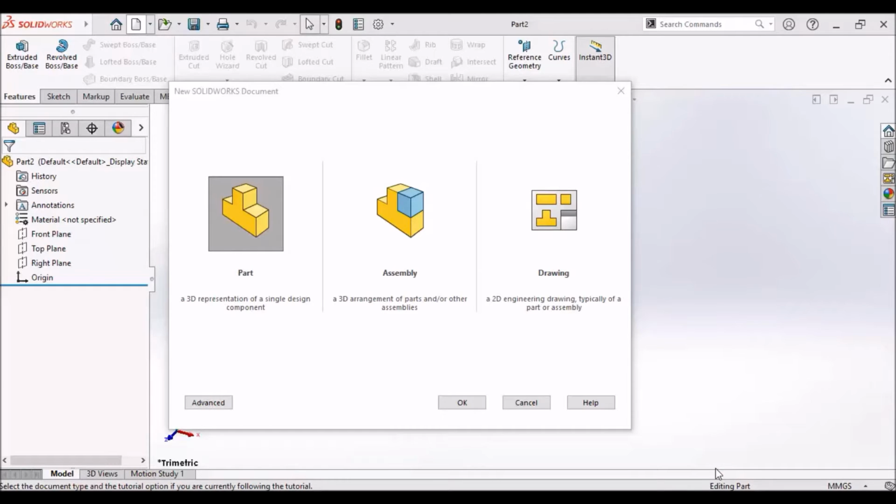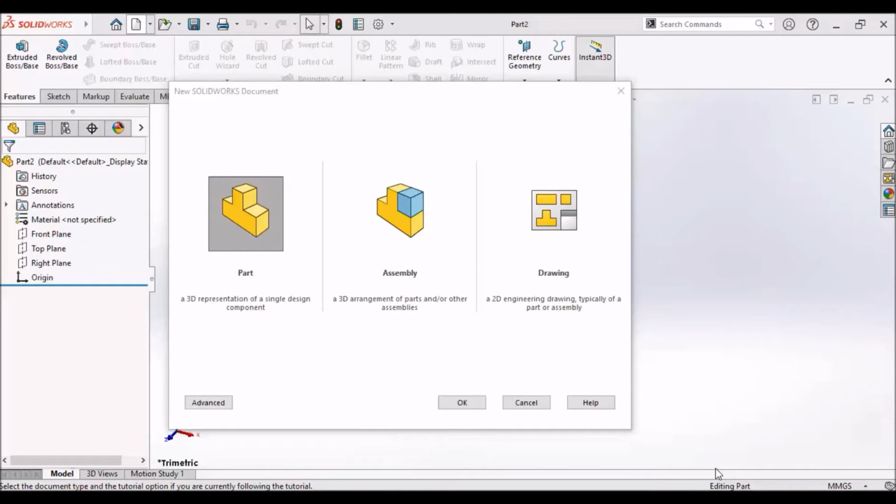Okay, and if I talk about some of the history, SolidWorks is one of the most powerful tools from Dassault Systèmes. Everyone knows that Dassault is known for jet planes, fighter planes, as well as software. So Dassault has two powerful tools: SolidWorks is one of them, and CATIA is the other.